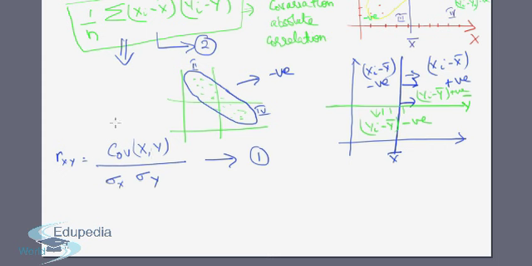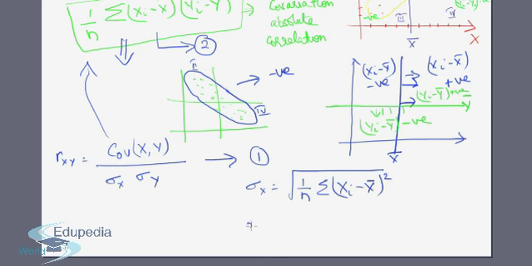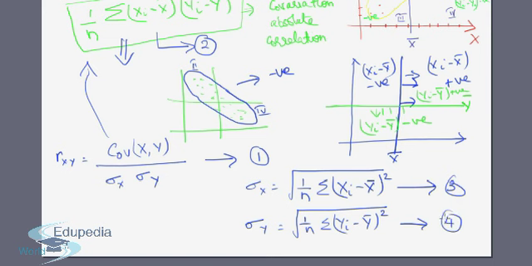We have our covariation here. What is sigma x and sigma y? Sigma x is given by, if you recall, the standard deviation, root under 1 by n summation xi minus x bar square. And sigma y is given by root under 1 by n summation yi minus y bar square. Let me call these 3 and 4. Now let me substitute that in equation number 1. So substitute 2, 3 and 4